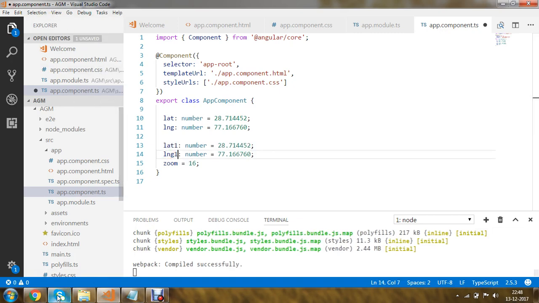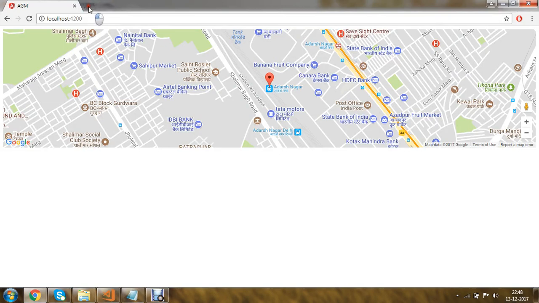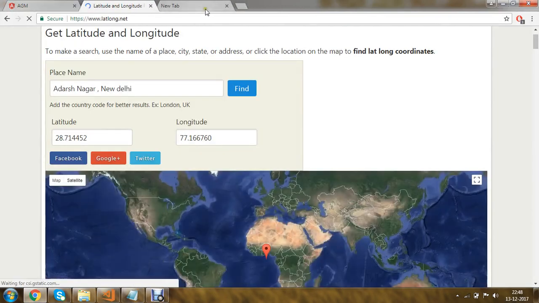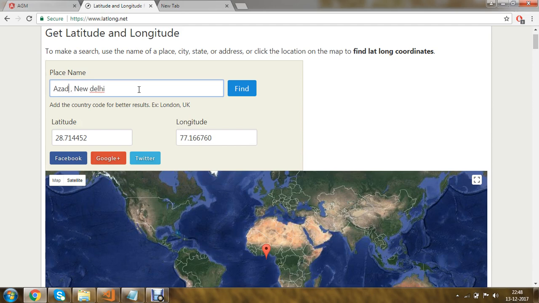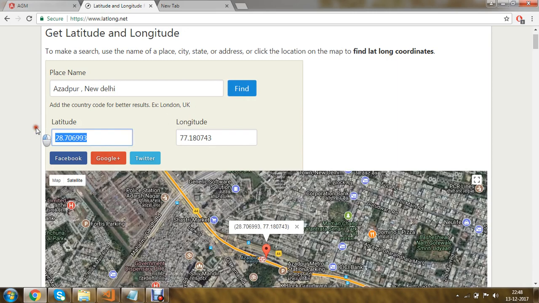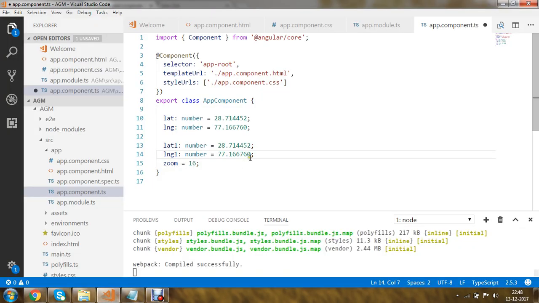With the help of this longitude and latitude, now I'm going to specify the value, let us say a place near Adarsh Nagar, Azadpur. So these are the longitude and latitude, and I'm going to copy this value. Let me specify it over here, and I'm changing this longitude value as well.